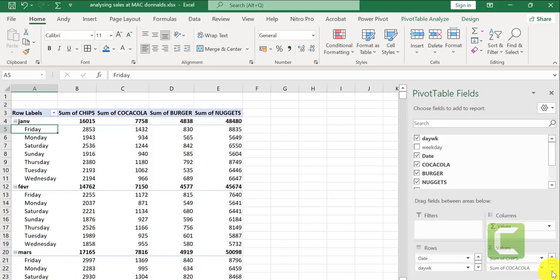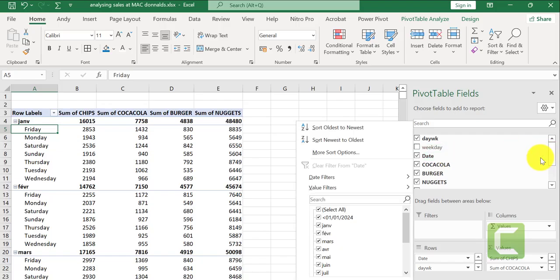I don't know why it has been changed. Okay, so we have the dates. Normally the dates